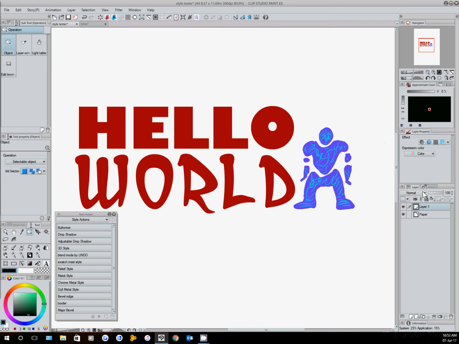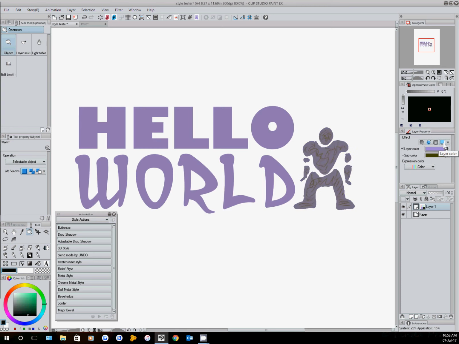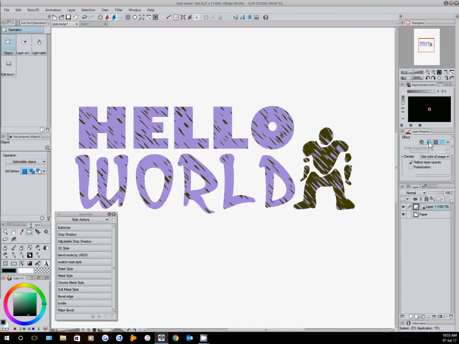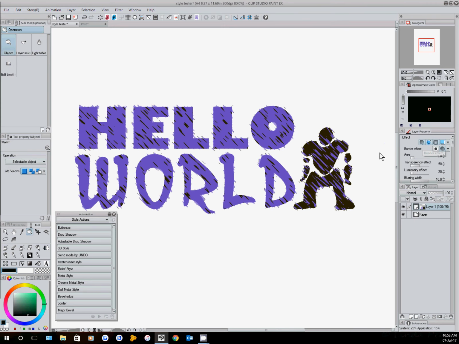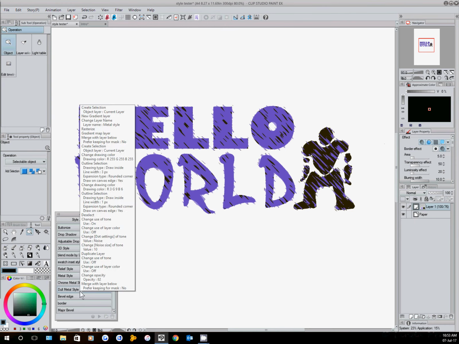layer style type effects, and they're intended to work in tandem with the smaller set of layer style effects that was already available in Clip Studio, which are these here under the effects under the layer property. So if we just look at those for a second, you can change the colors that are used. You can add tones, and there are other effects as well. So I'm going to add all of those particular ones there before even starting, in this particular case, to use